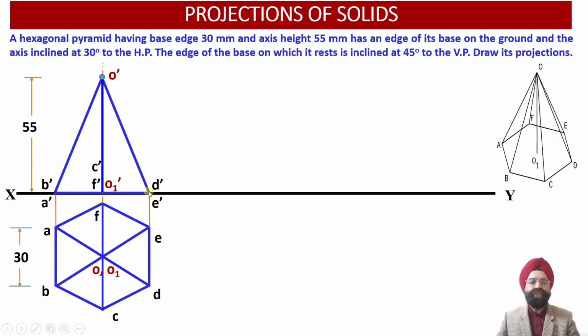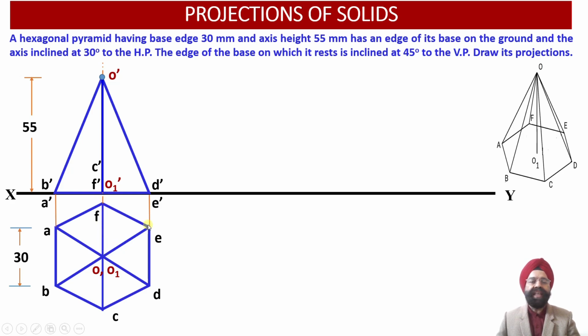Once we join this apex point with B dash, A dash, we get this projection line over here. Similarly, once we join O dash with C dash, F dash, we obtain this projection line over here. And similarly, once we join this apex point with D dash and E dash, we get this projection line over here. But one thing we need to understand, these three slant edges OA, OF and OE,